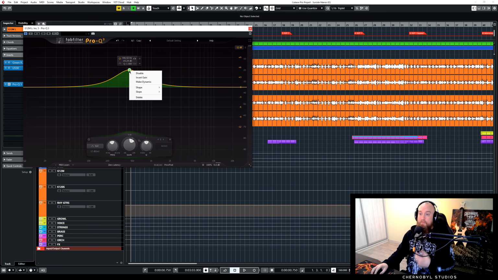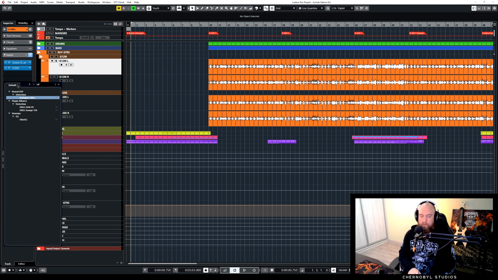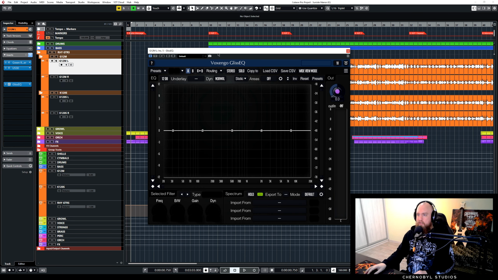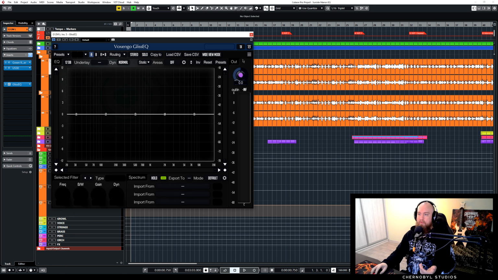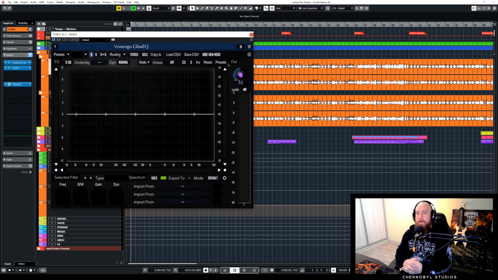move immediately. It just so happens there is a plugin for that, and it's called Gliss EQ from Voxengo, and this is what it looks like. I mean, it's black. It usually comes gray, but there are tons of colors or whatever makes you happy. And the cool thing about this plugin is if you see here, if I just want to boost